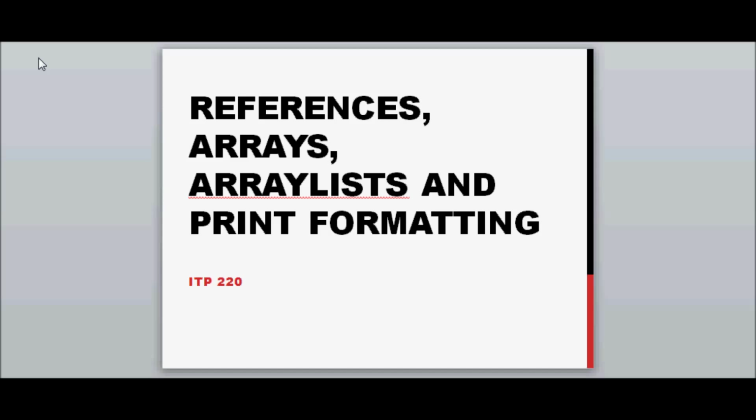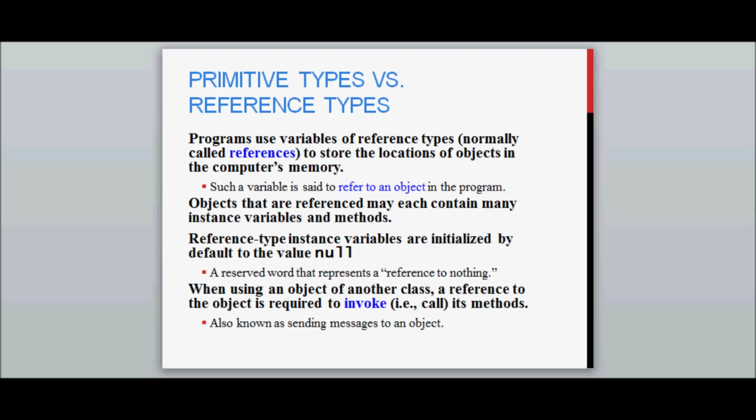In this video, I just want to talk a little bit about references and arrays. The first thing that you need to know about references is that we have these primitive types versus reference types. A primitive type is your ints, your doubles, floats, booleans, characters. Anything with a lowercase letter as a type is typically referred to as a primitive. It could be a long or short version of a data type. Generally, if it has a capital letter like a String or a capital Integer or a capital Double, those are